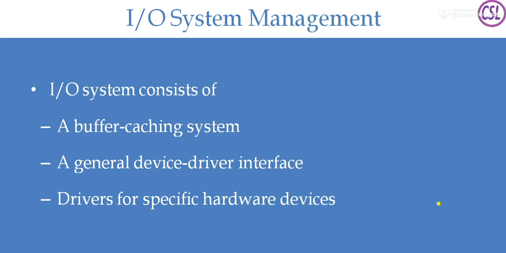For a printer, for a single click you are giving some 1000 pages document for printing. But the printer prints one document at a time. So it stores that document content in the local buffer, and once the printing job is done for that page, it loads the second page content in the local buffer. Maybe it accepts one page or multiple pages, that depends on the printer capacity. So that is the buffer caching system. It can be controlled by the operating system.